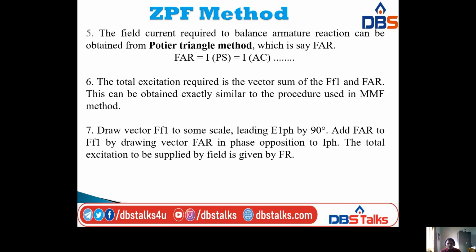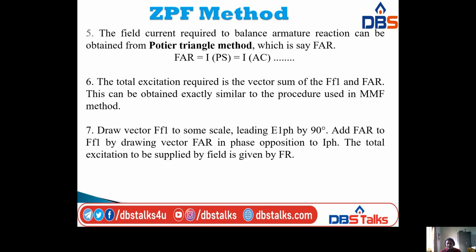So FAR is equal to I into P, that is, the length of PS is equal to the length of AC, or current of PS point and AC point. The total excitation required is the vector sum of FF1 and FAR. This can be obtained exactly similar to the procedure used in the MMF method. Next, draw vector FF1 to some scale leading E phase by 90 degrees and add FAR to FF1 by